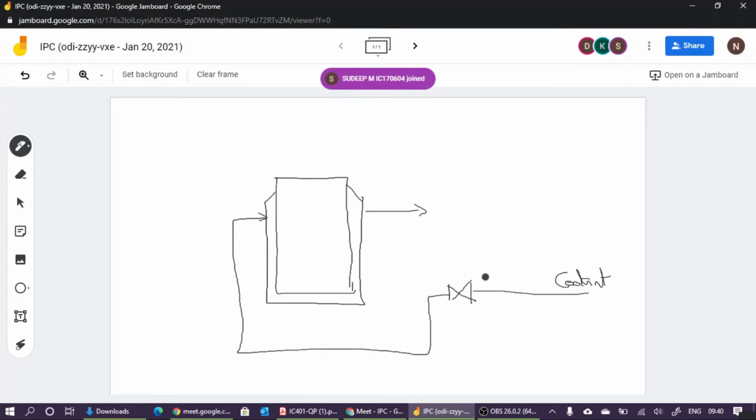The first question is, what type of valve do you have to use? You can give an answer. Normally open or normally closed? Normally open valve. Definitely, because this one is an exothermic reaction. So if there is any failure, then this valve is fully open, so we can avoid the large heating condition here, if the control signal is failed or if the valve is failed. Okay, so a normally open valve we have to use.